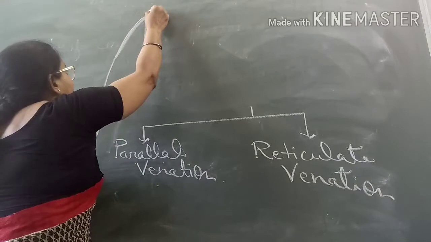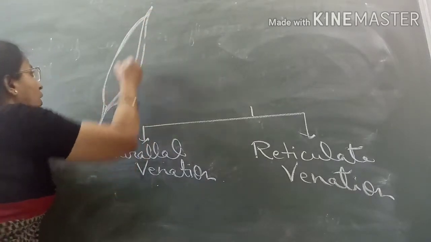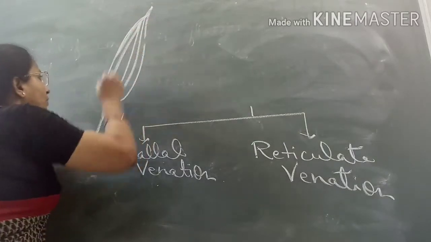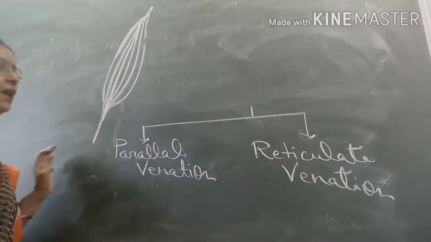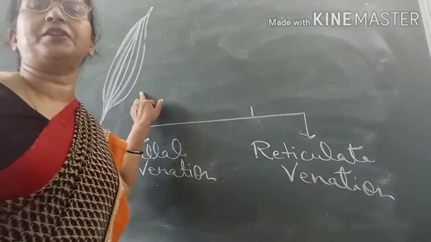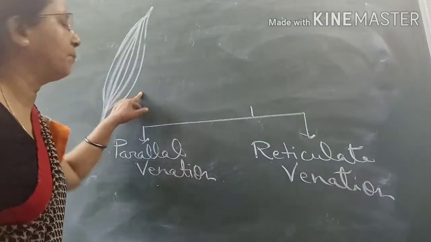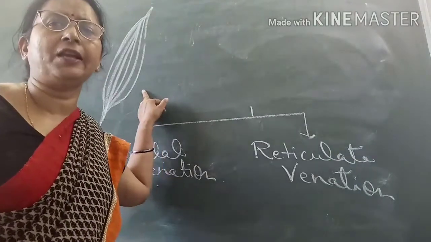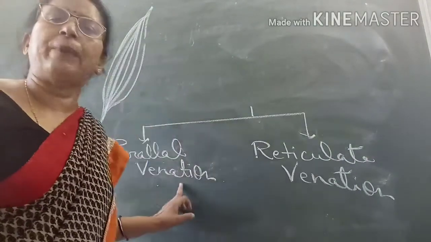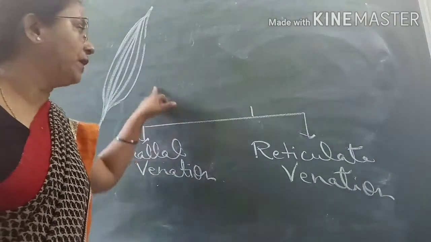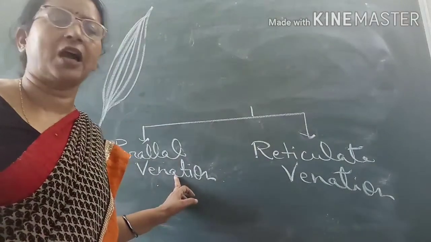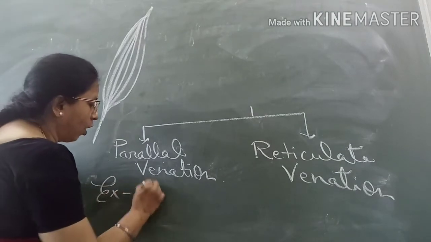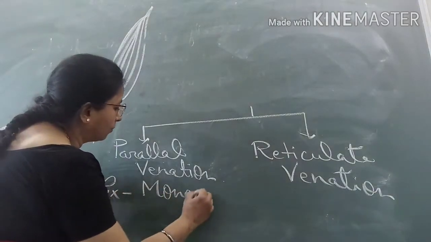Suppose that this is a leaf where you will see arrangement of veins and veinlets. You will find all the veins and veinlets are arranged parallelly. Such type of arrangement is present in any leaf. It is called parallel venation. In which type of plants these are found? Actually, these are found in all monocots